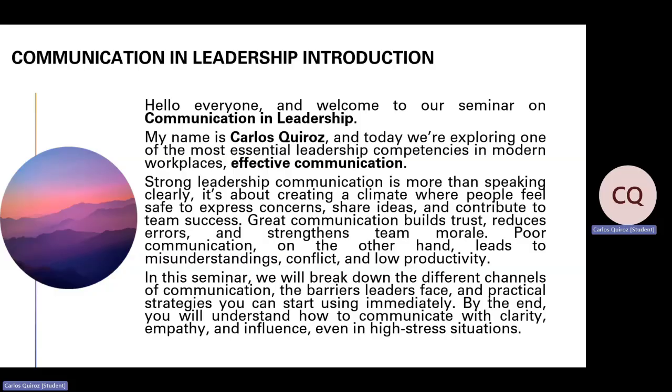It's about creating a climate where people feel safe to express concerns, share ideas, and contribute to team success. Great communication builds trust, reduces errors, and strengthens team morale. Poor communication, on the other hand, leads to misunderstanding, conflict, and low productivity.